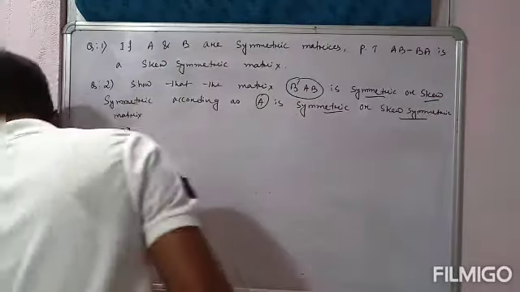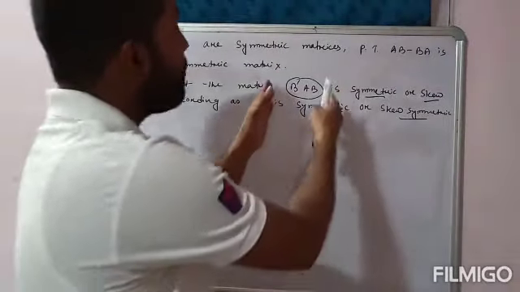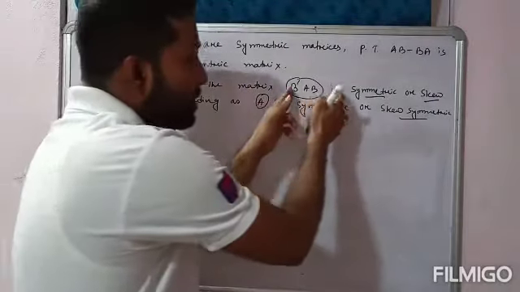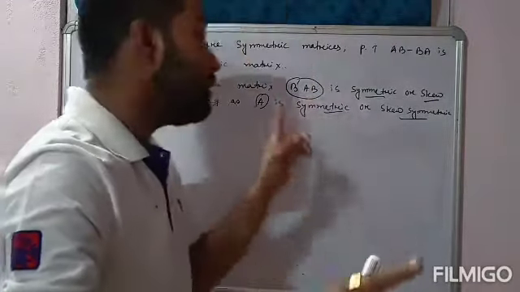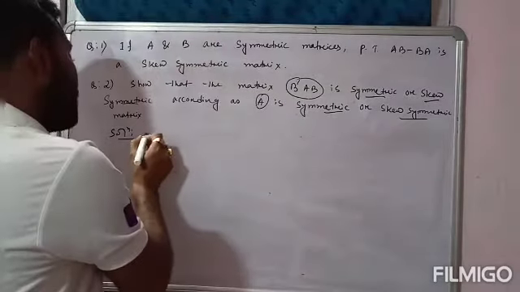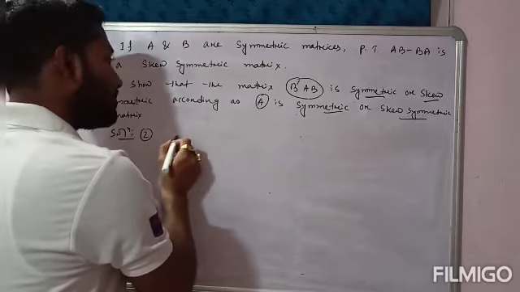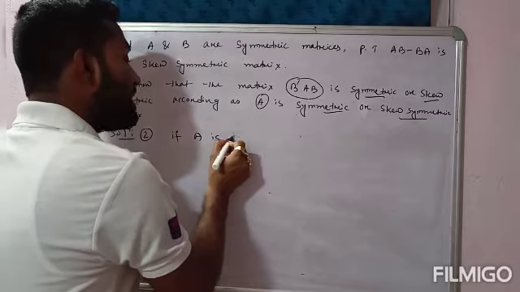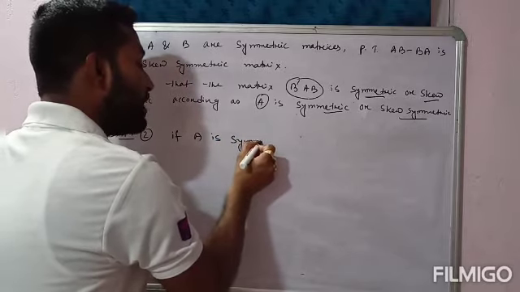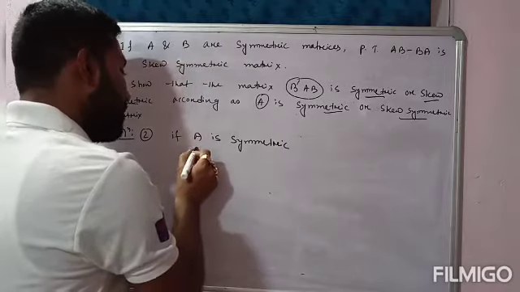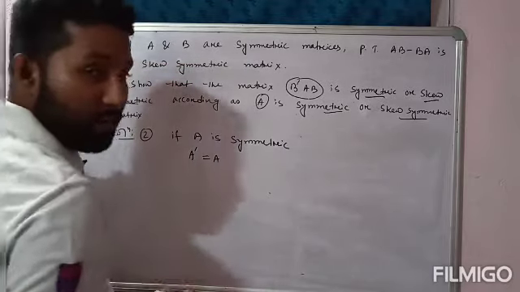So in this question there are two parts. First of all, you have to prove that B transpose AB is symmetric. So B transpose AB symmetric कब होगा? If the matrix A is symmetric. Okay, so solution number 2. If A is symmetric, first I will explain the symmetric part. If A is symmetric, we can write it as A transpose is equal to A.